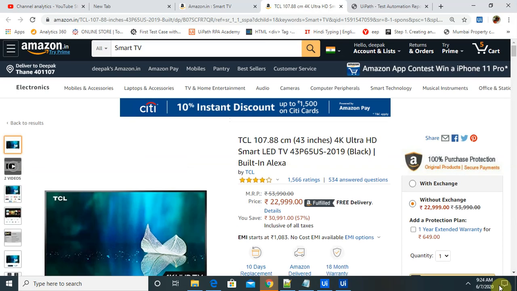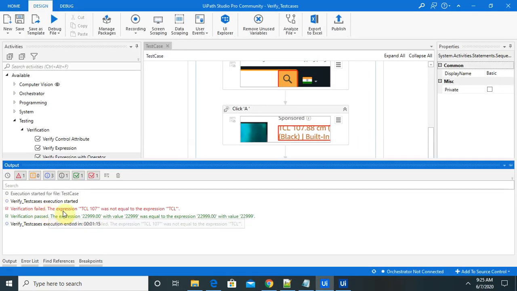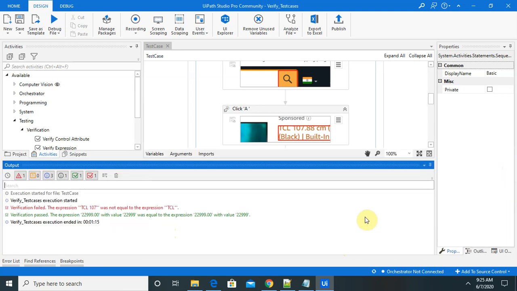You can see here: verification failed, expression TCL 107 is not equal to expression TCL. Second, it moves to the second statement, and this time the execution is completed. This way we can track intermediate activities verification detail. So this is how we can verify our activities in between the test cases.